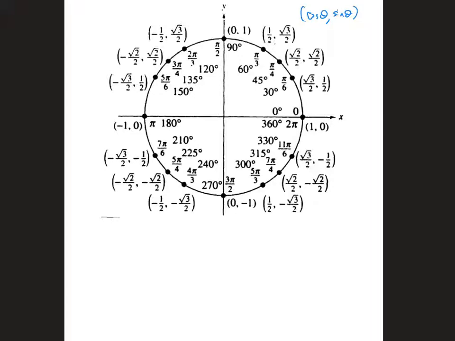All right, so if I wanted to find, say, the inverse sine of square root 3 over 2. Now, the way this works is I'm looking for angles, and I'm looking for any angles that give me a sine value of square root 3 over 2. So I know that the sine value in the unit circle is the y value. So I want to find the angles on the unit circle that give me a y value of root 3 over 2. So I look around the outside, here's one,